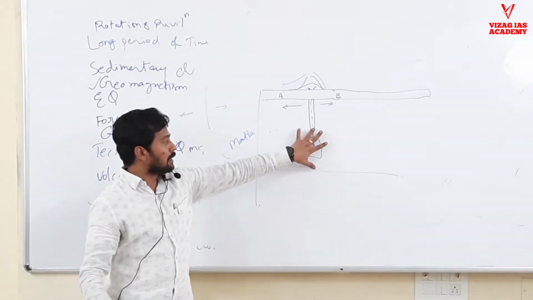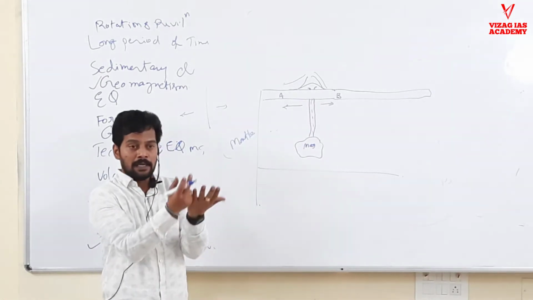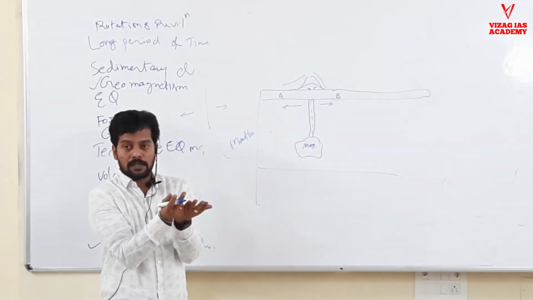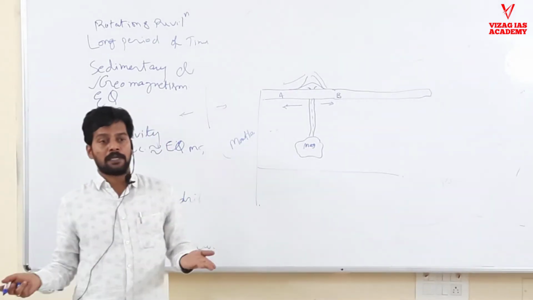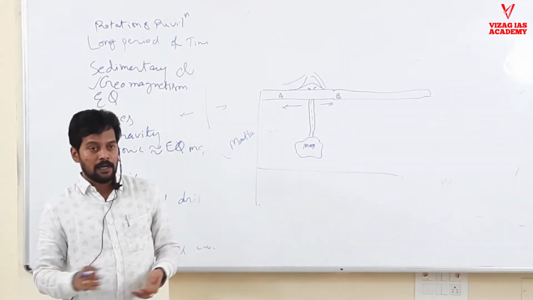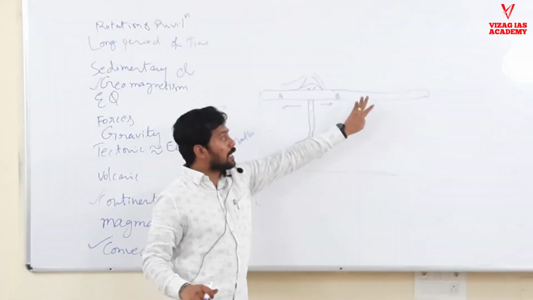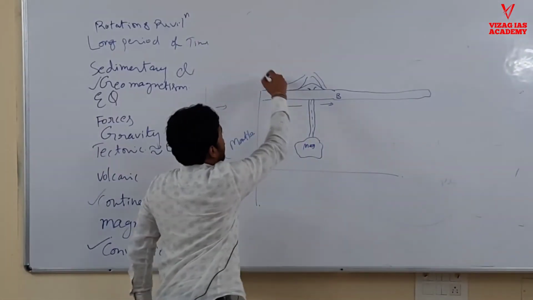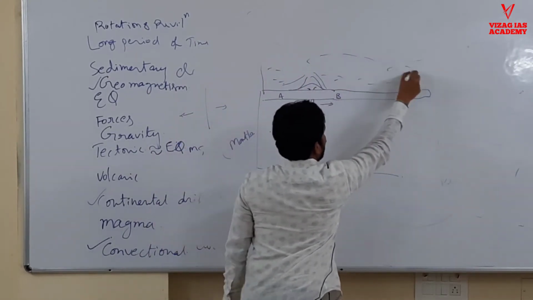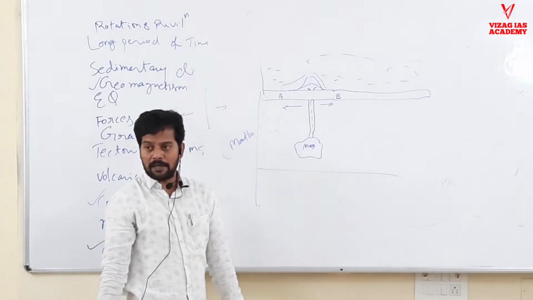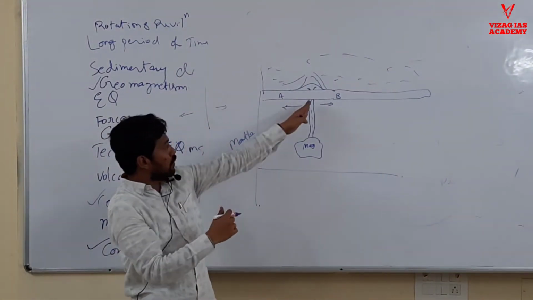Inside the mantle, the magma generated is coming up and pushing the lithospheric surface and splitting it apart, breaking it apart, moving away. Now whatever is moving away, let us assume this is nothing but the ocean. Under the ocean this is happening, everything. Because whatever we have discussed, the mid-oceanic ridge, that only I am discussing.